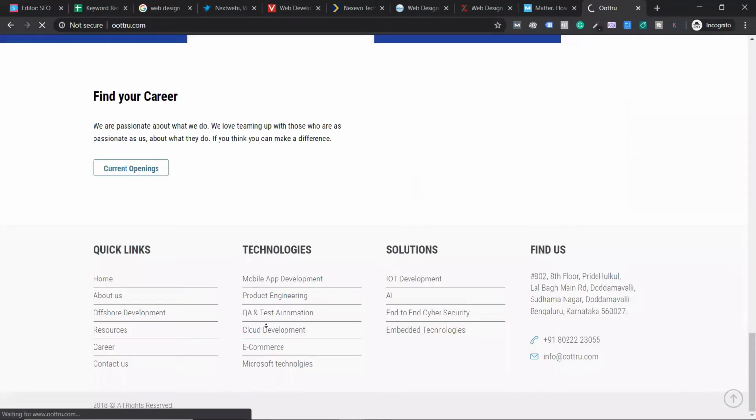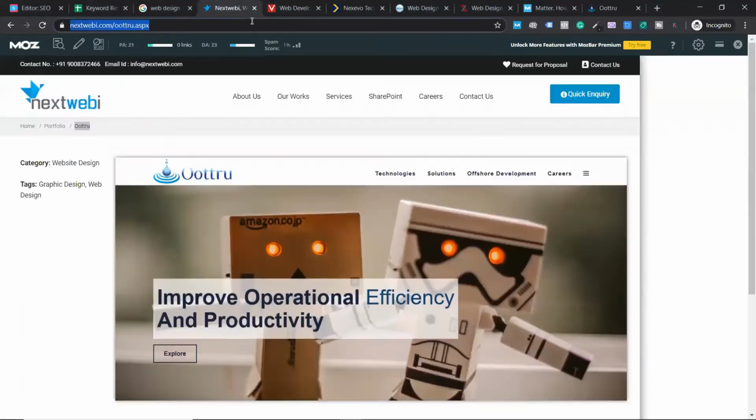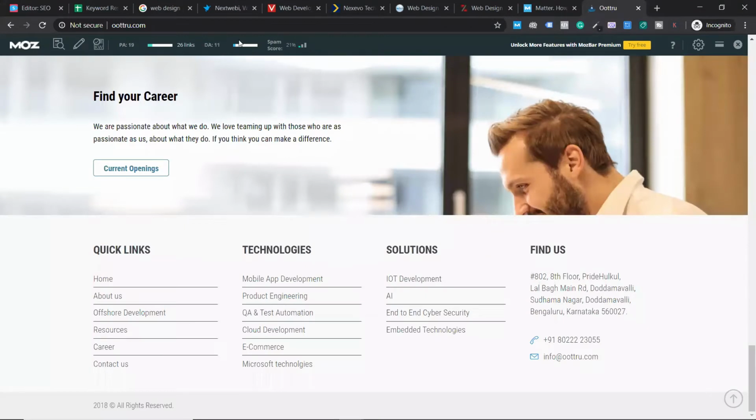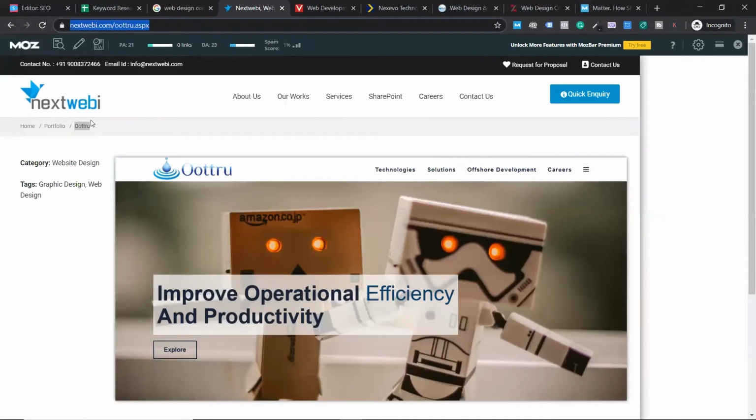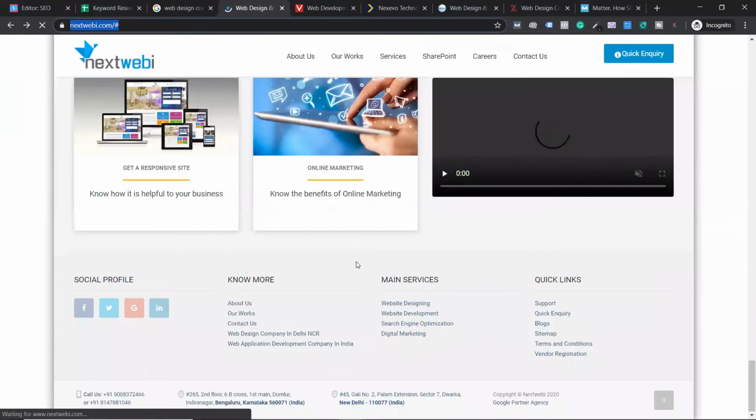Sadly, this website doesn't have an SSL. Go to the footer. Usually what they do, in the footer they'll be saying "powered by" or "built by." Ever seen that type of websites? That is a backlink. That's called a site-wide link. The spam score is very high for them. I'll tell you what that is, don't worry, that's in the future. But that's called a backlink. Sadly, I don't see them here. You have to open a few websites. I'll show you a few examples, you'll definitely find them.